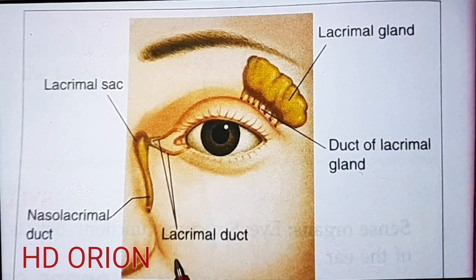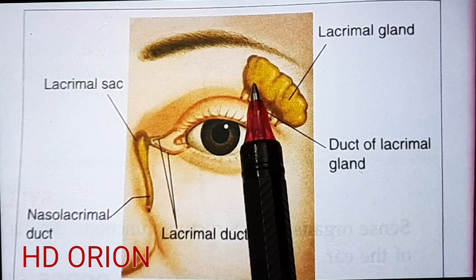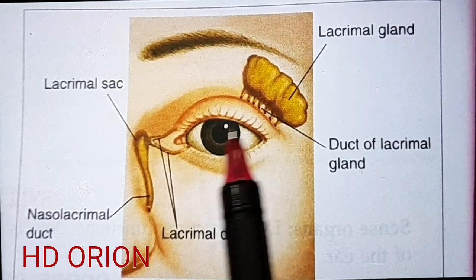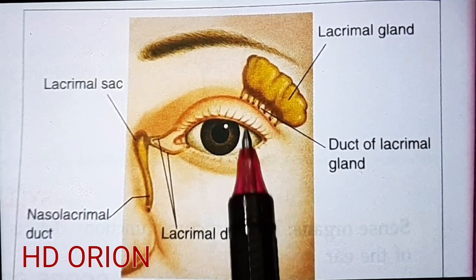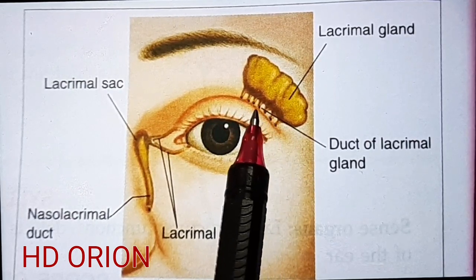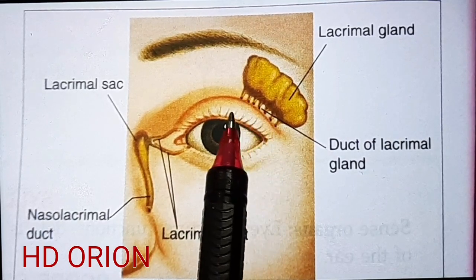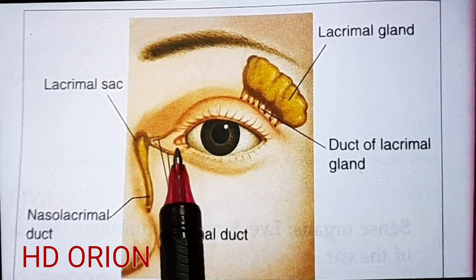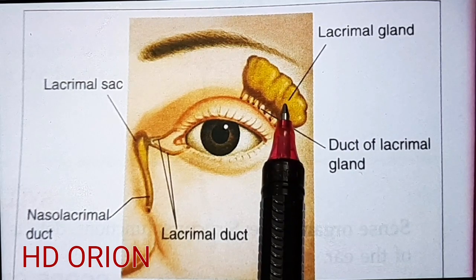Now this is the eye. This is the eye which is present in the face, and this is the lacrimal gland. The lacrimal gland is present in the upper eyelid at the extreme end, and from here there is a duct arising. From the glands there are many ducts arising, but from here there is a duct arising which allows the tear to flow down the cheek in this manner. So this is the lacrimal gland which is situated at each eye.